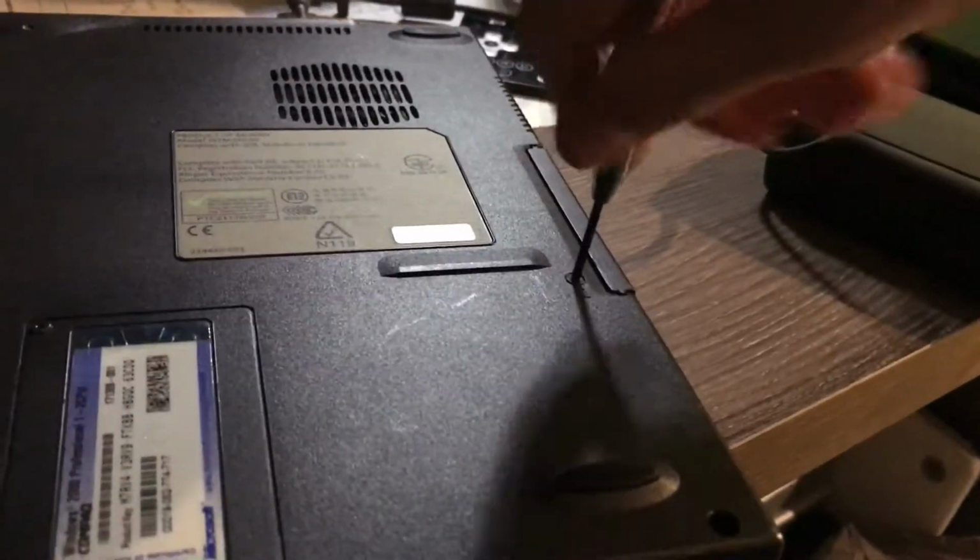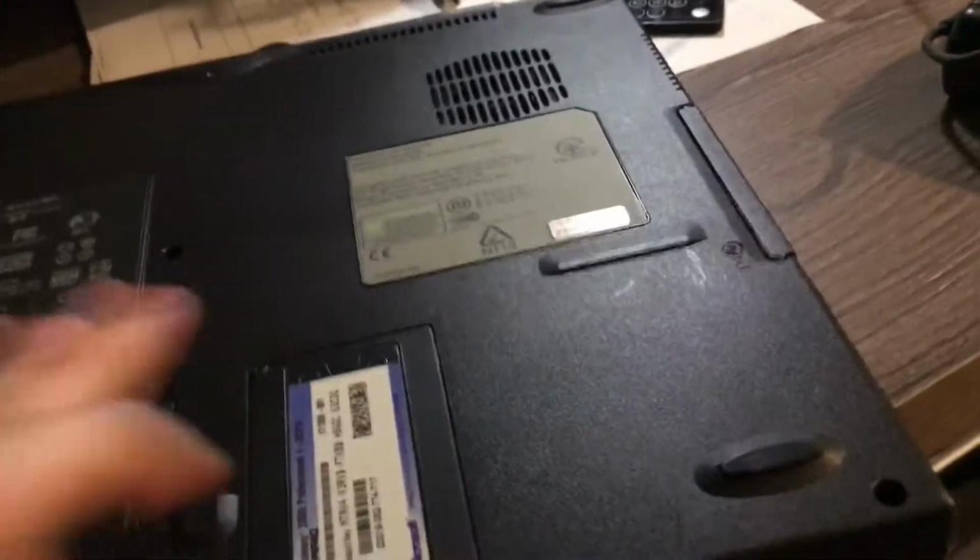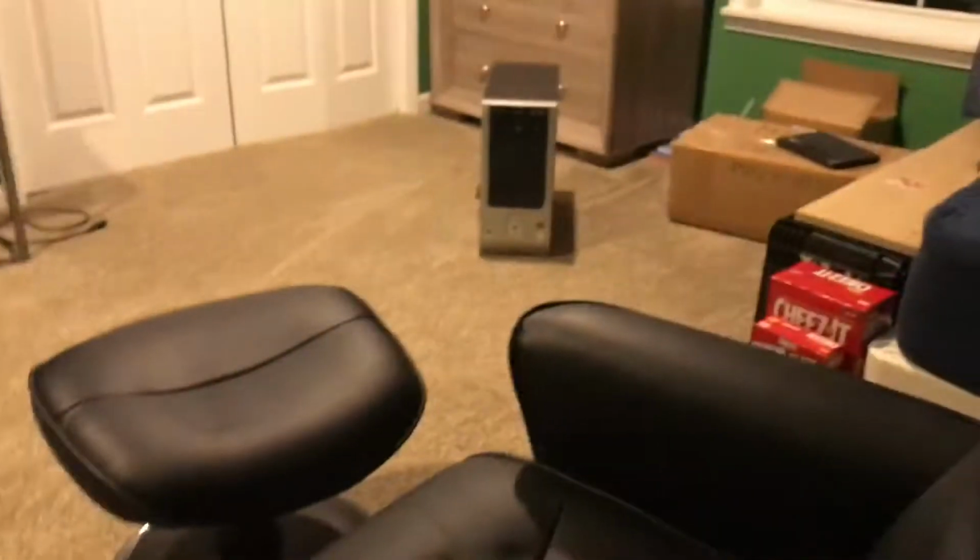Also, I did leave the battery charger plugged in for a tiny bit. It does not appear to want to work, so that kind of sucks. Anyways, I'm not going to spend the whole video on this. I will let y'all know at the end if this even works at all, because we've got other subjects to look at. So, yeah, I'll be back with that guy. Alright, well, on second thought, instead of testing out the second guy,